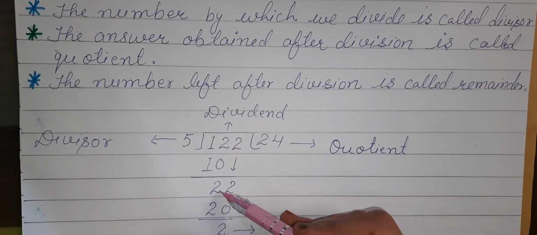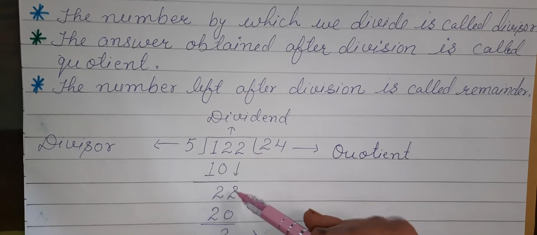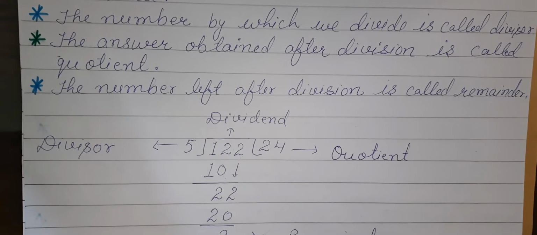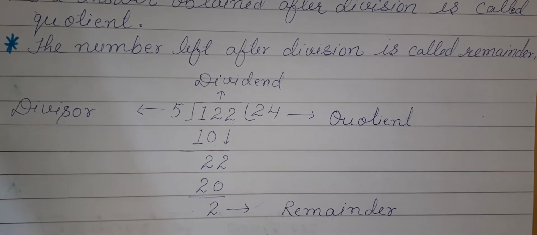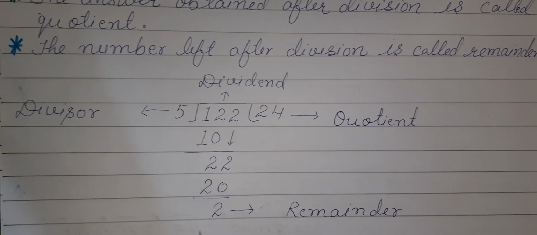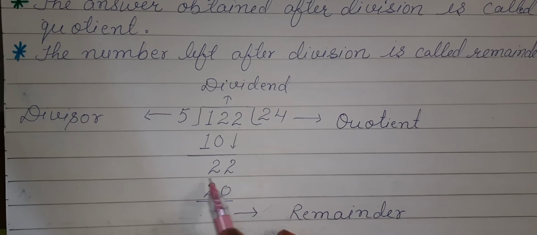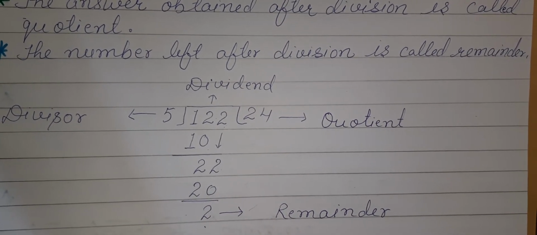So we will get 2. After that we will write the next number. Now we have 22. Again we will count the table of 5, for a number less than or equal to 22. So we will get 20. Again we will subtract this number from this number and we get 2. Now the next point is